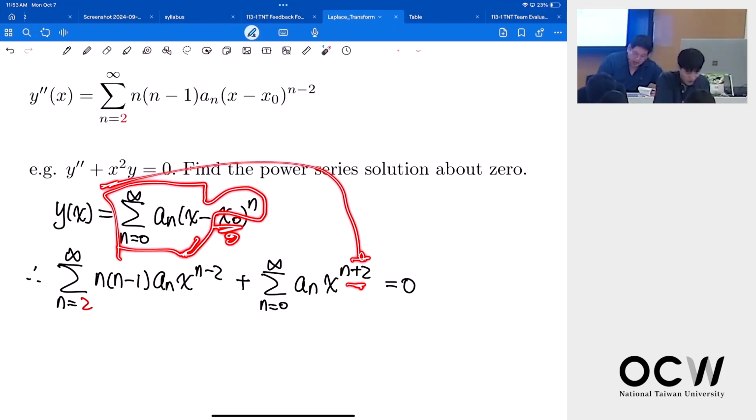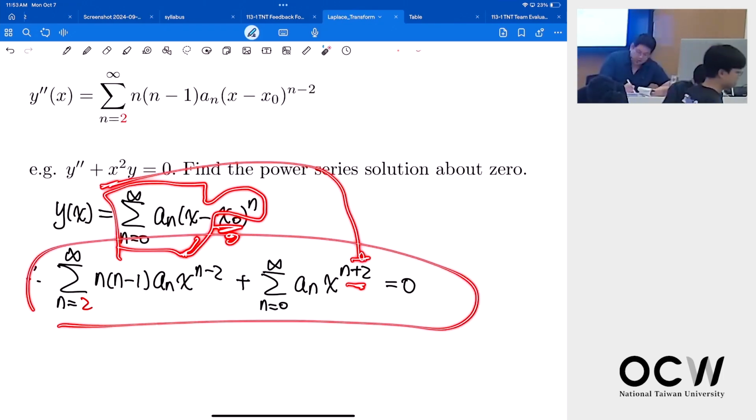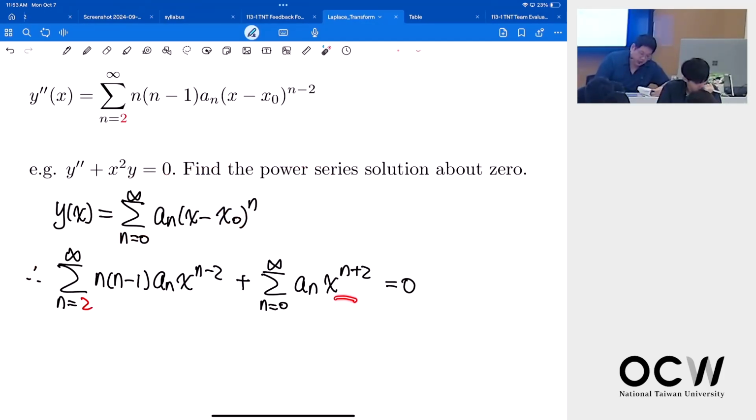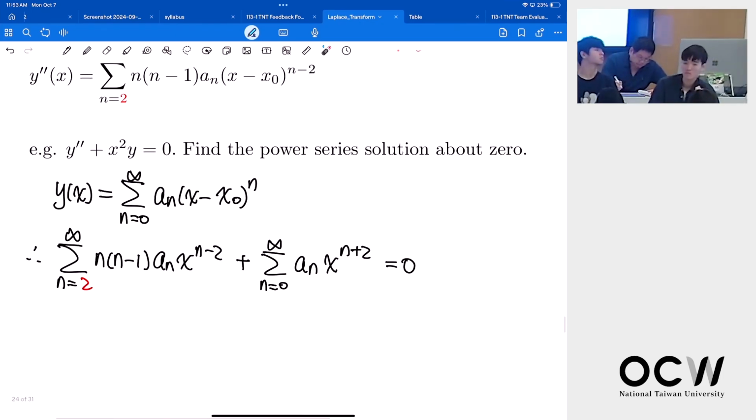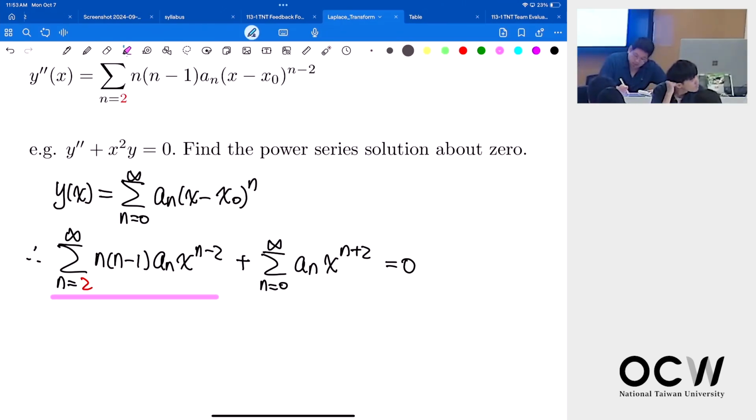And now how do we solve this equation? We have a different term, different power. So the goal is that we try to make it the same power so we can compare the coefficients. So we try to get the same power. Then first, for the first term,